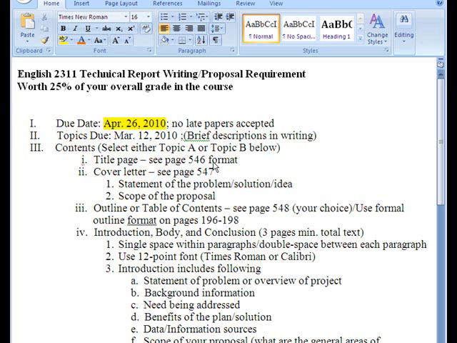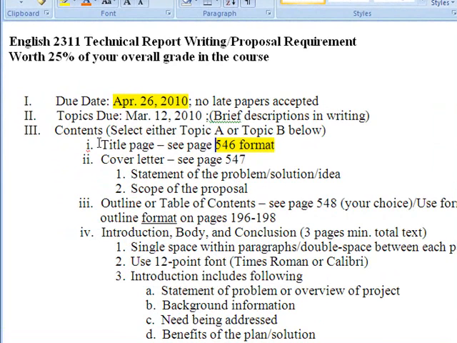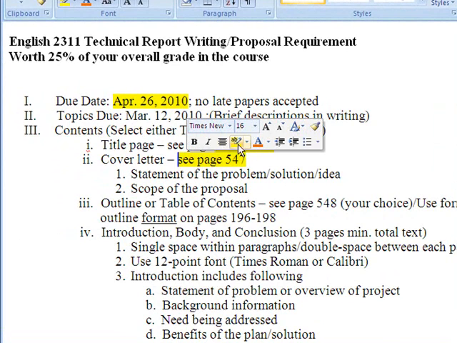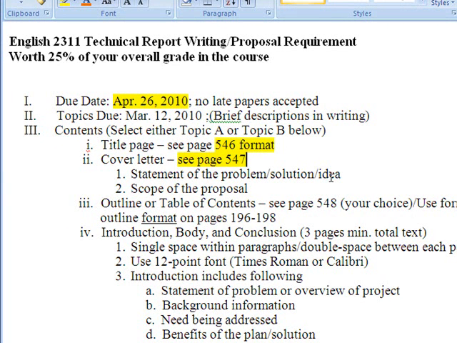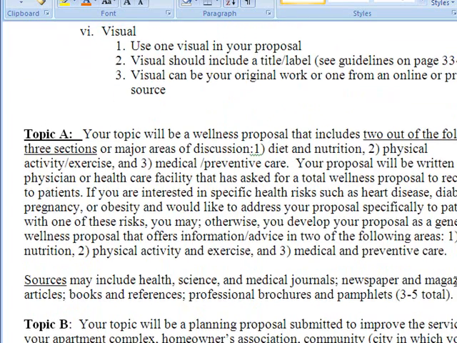If you look in your textbook, starting on page 546, you will see an example of a proposal. This is essentially how I would like you to format your proposals. I want the cover page on 546 as well as the cover letter on page 547, as you can see in the book. Now, please be aware if you've chosen topic 1, which is the health topic, that you are